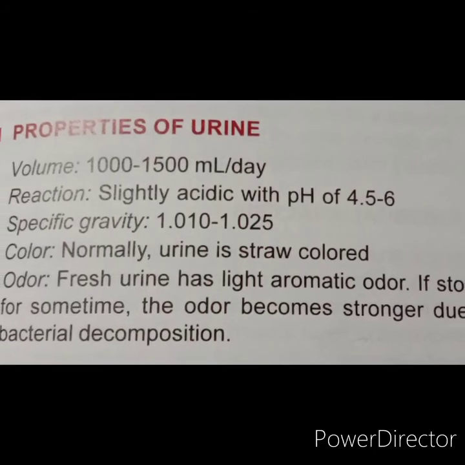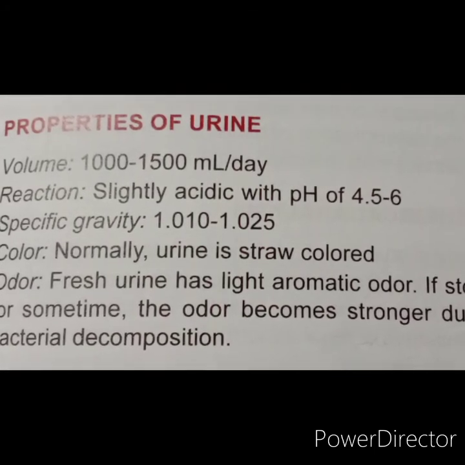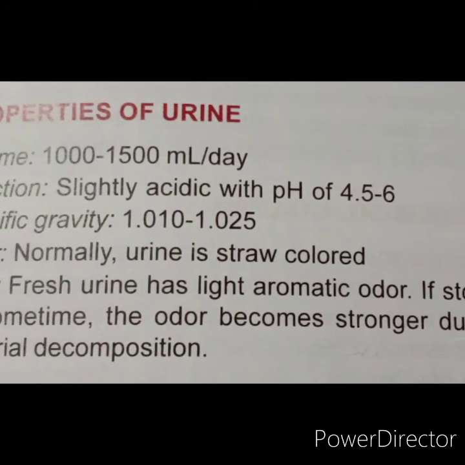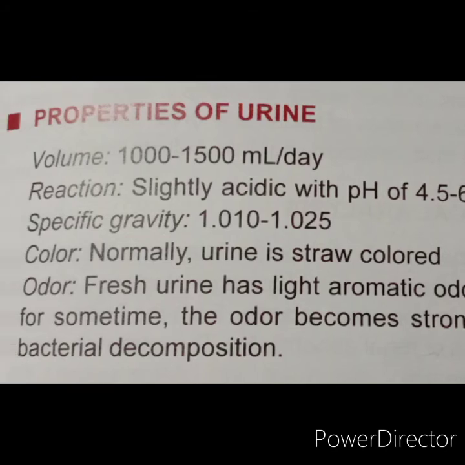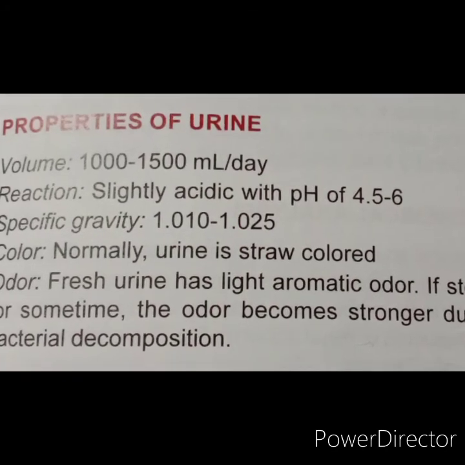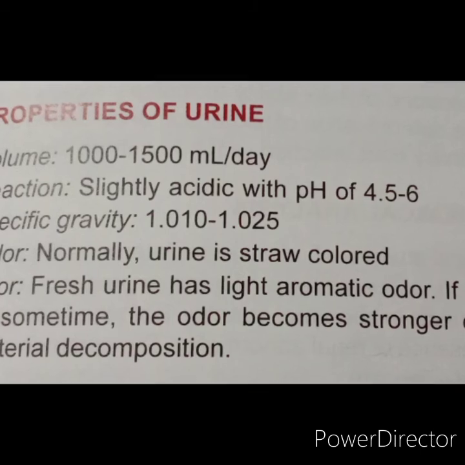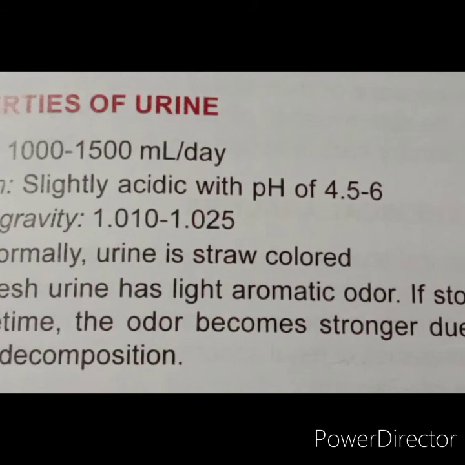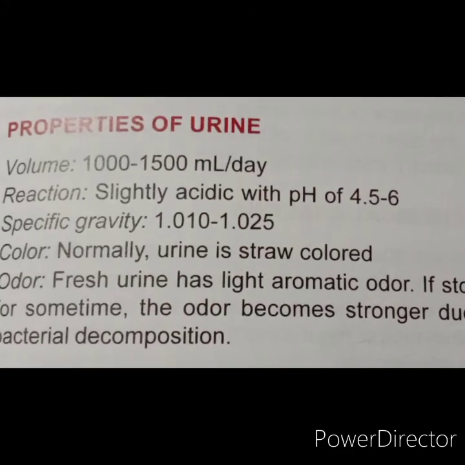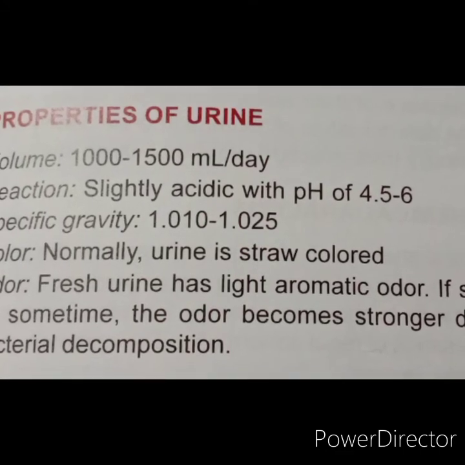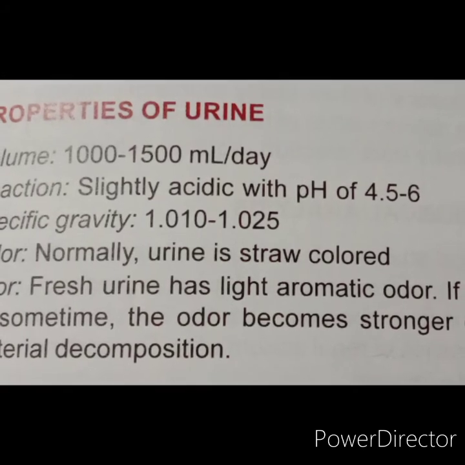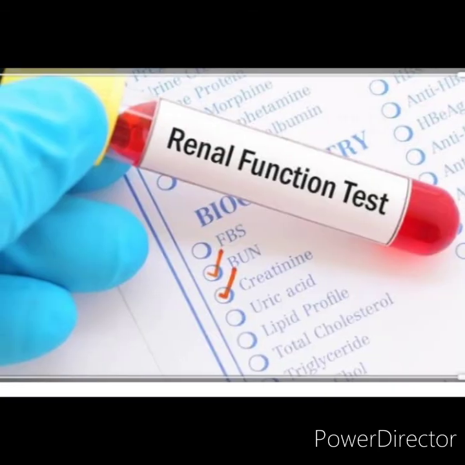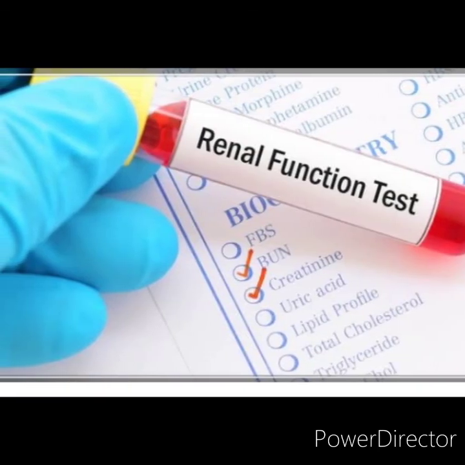Renal blood flow is calculated with the value of renal plasma flow and percentage of plasma in blood by using a formula given below. Renal blood flow equal to renal plasma flow by percentage of plasma in blood. For example, renal plasma flow is 660 ml per minute. Amount of plasma in blood is 55%. Renal blood flow 660 by 55 upon 100 equal to 660 into 100 by 55 equal to 1200 ml per minute.